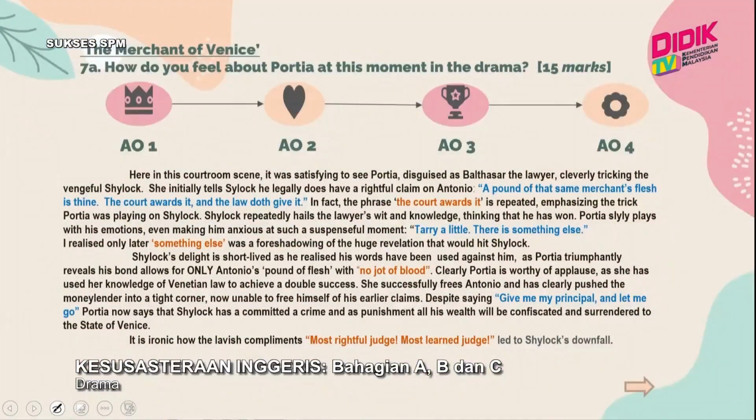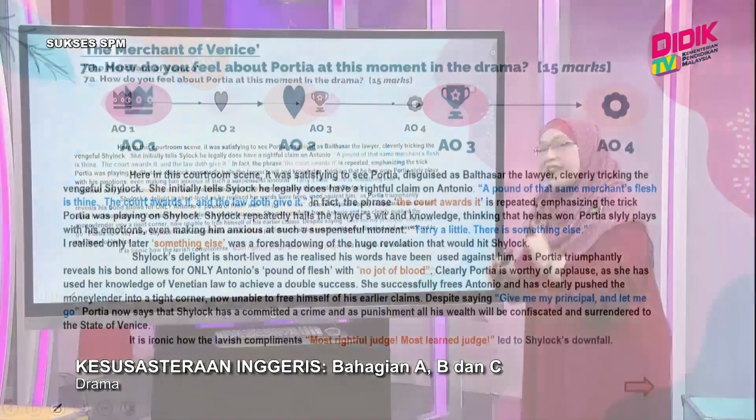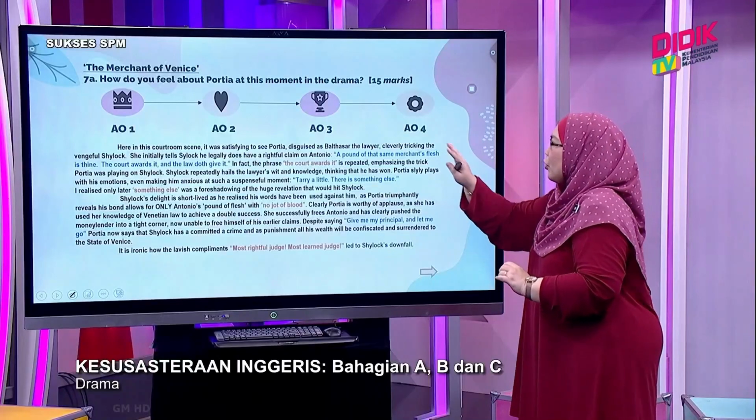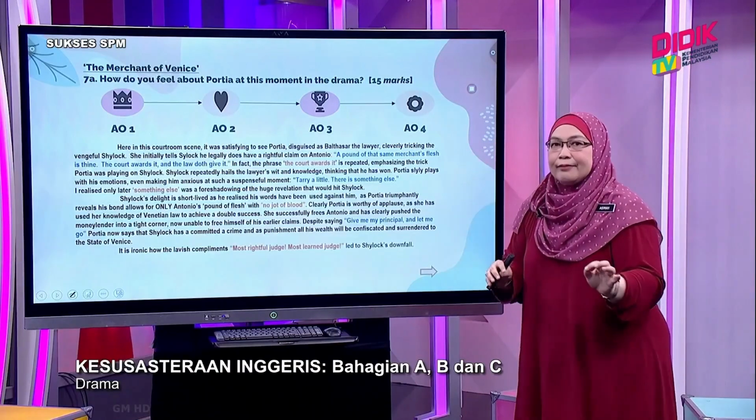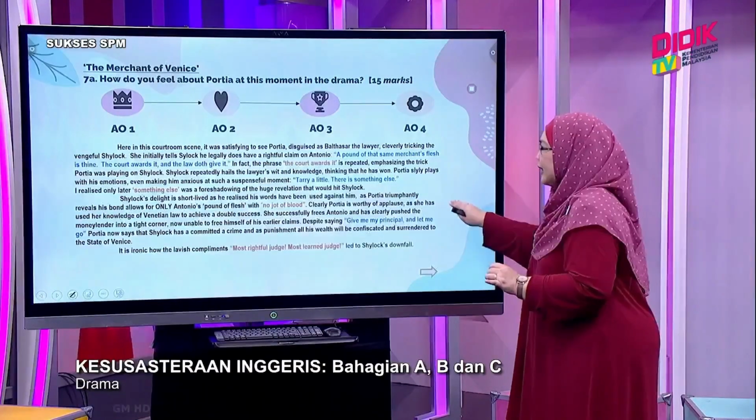So I would like candidates to realize that length is not our priority. We're not looking at long answers where you throw in everything. The common expression in joking manner, of course, is throw everything in but the kitchen sink. No. Here, you're going to talk about Act 4, Scene 1. And specifically, you're going to react to Portia. What do you think about her? What did the others think about her? Right? So you've got your AO1, AO2, AO3, AO4, and it is only then your response or your essay is